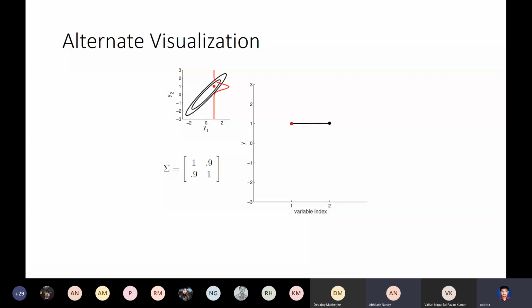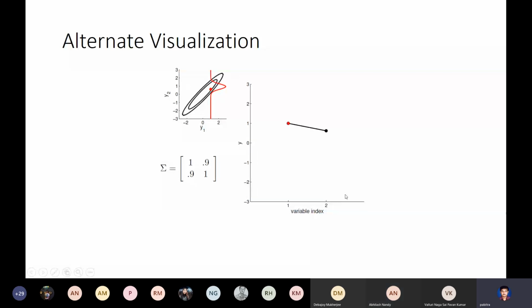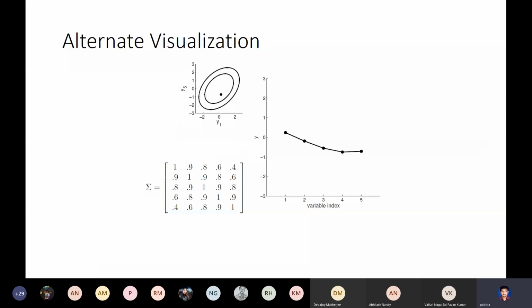Okay. So now what I do is that I extend this beyond bivariate. For example, in this case, I have a 5-dimensional normal distribution, so I cannot plot it here. I have just plotted, say, y1 against y5, but there are y2, y3, and so on.